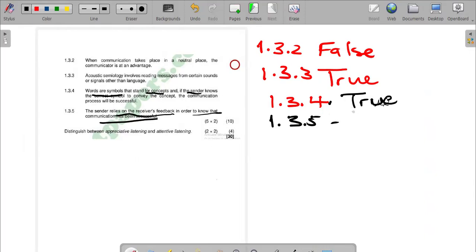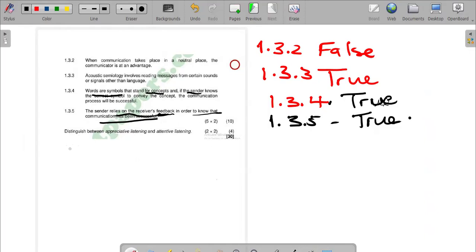For the sender to know if the communication was successful, it's supposed to get the feedback. So if the feedback is positive, it means that communication is successful. So I'm going to go to the last